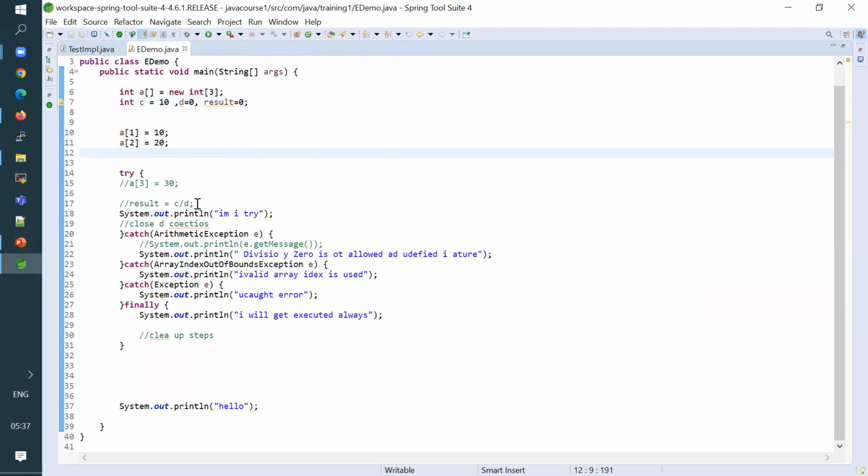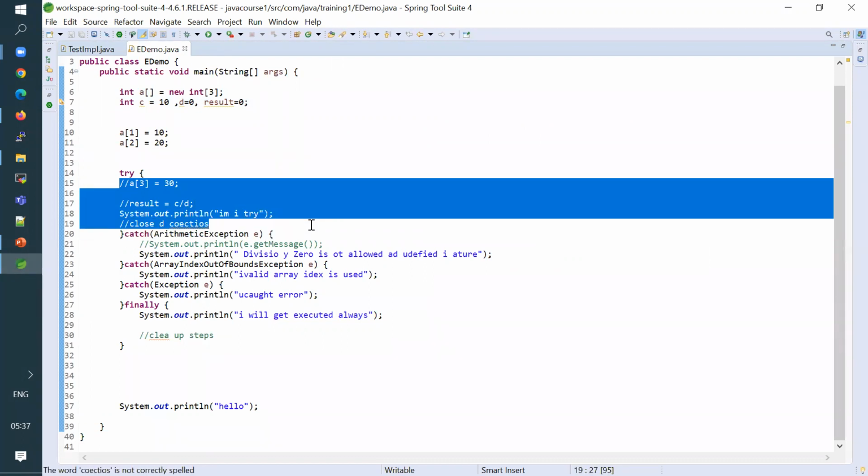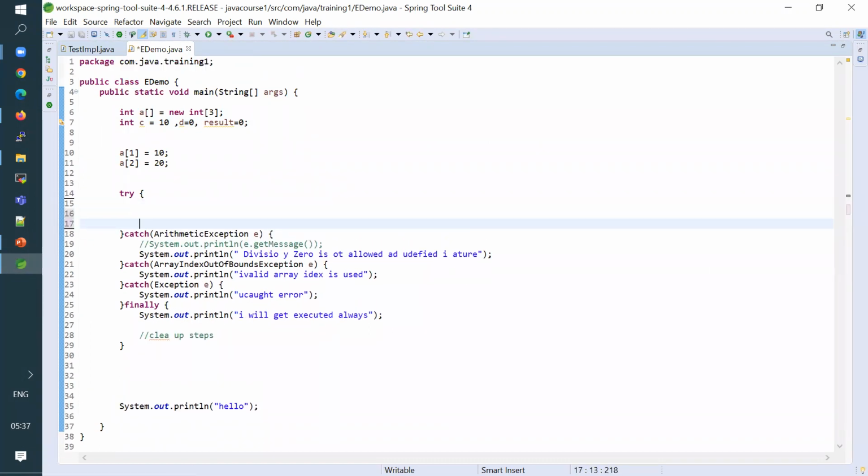Suppose this is the code in try, okay? So I can call some method here, or here itself, I can use, first we'll talk about the throw keyword.